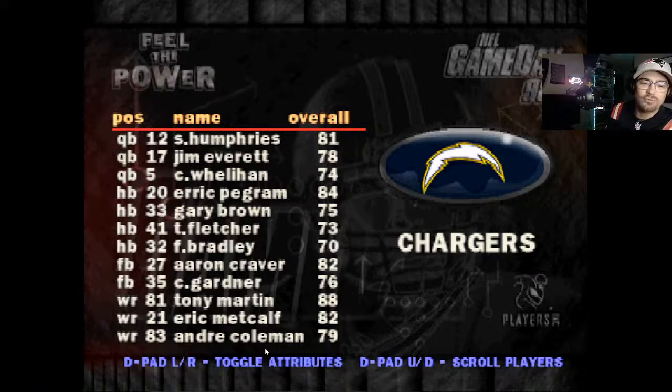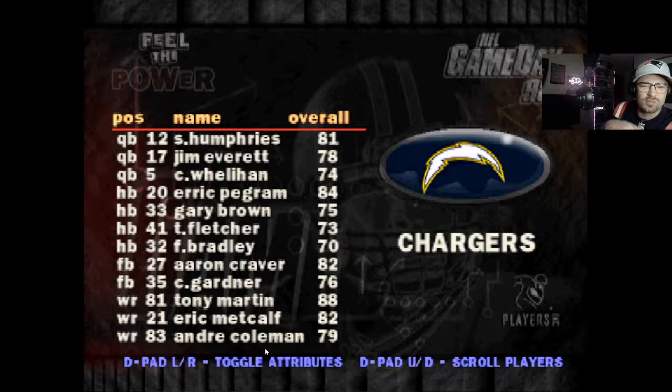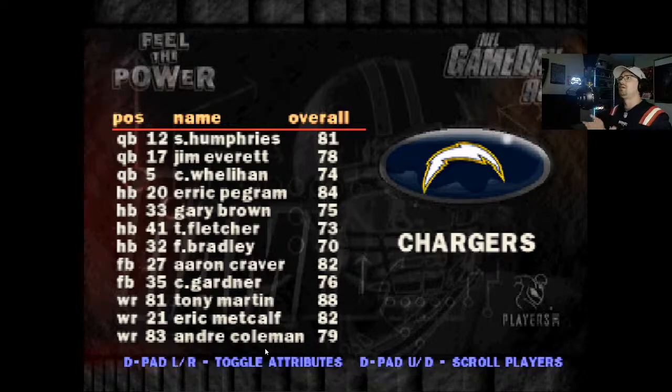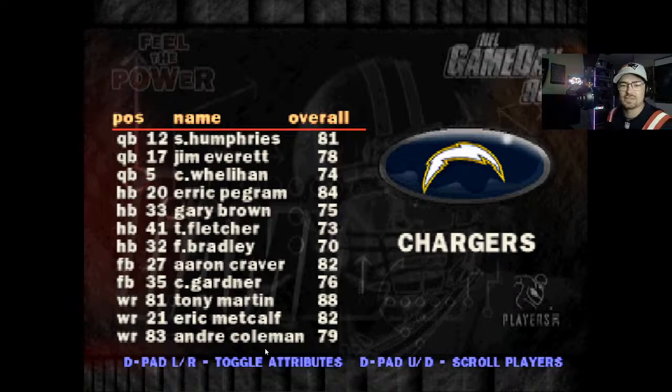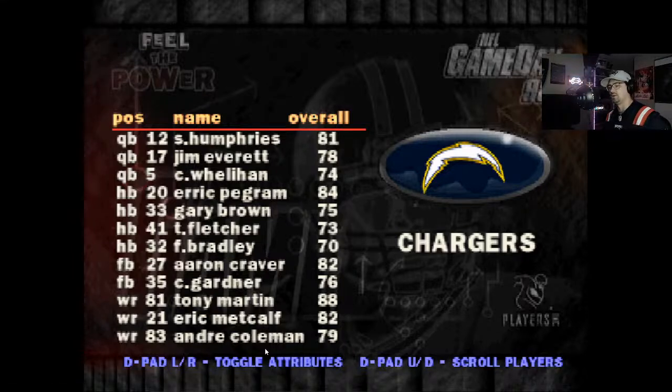It's funny because Humphries started their Super Bowl against the 49ers like 2 years before this game, 94-95, yeah. So this team was not in a bad spot. It's just that I don't know what it is, they were bad. They were very bad during this season.